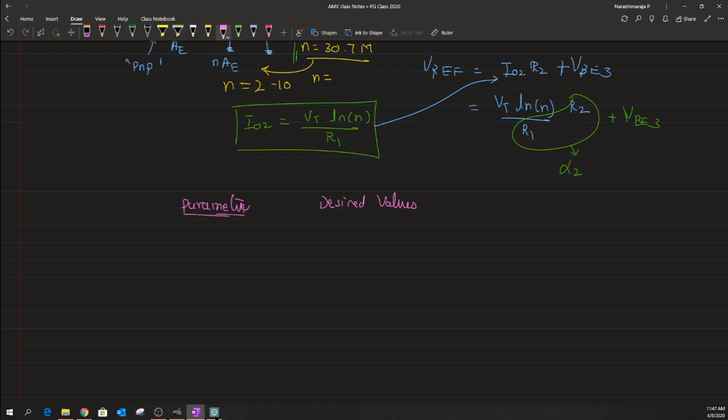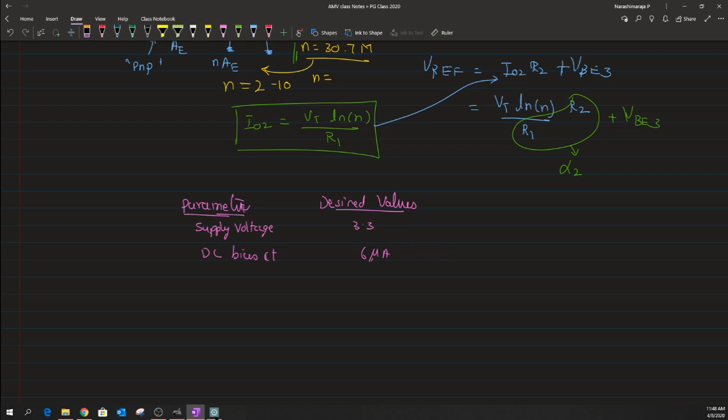I think the supply voltage is equal to 3.3, and this remains the same. The DC bias current, which is nothing but our IO2 or IO1, is said to have 6 microamperes. In the previous class I gave a spec value of 5 microamperes, but I'm just going to change the spec from 5 to 6